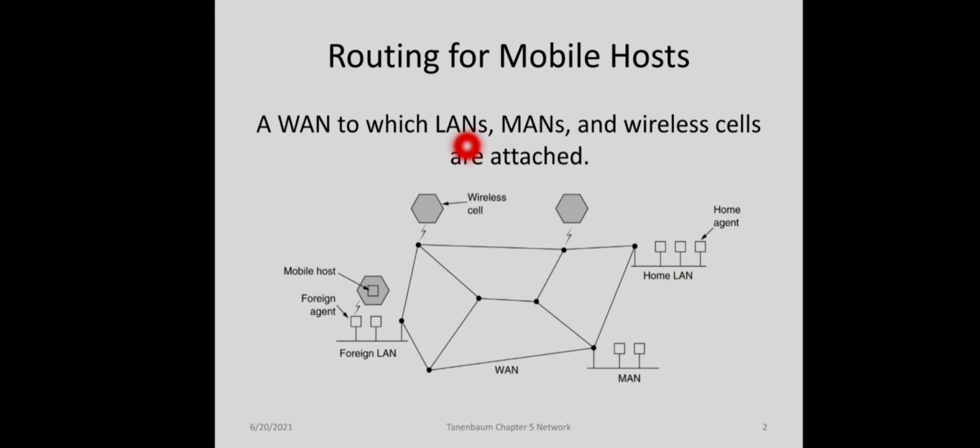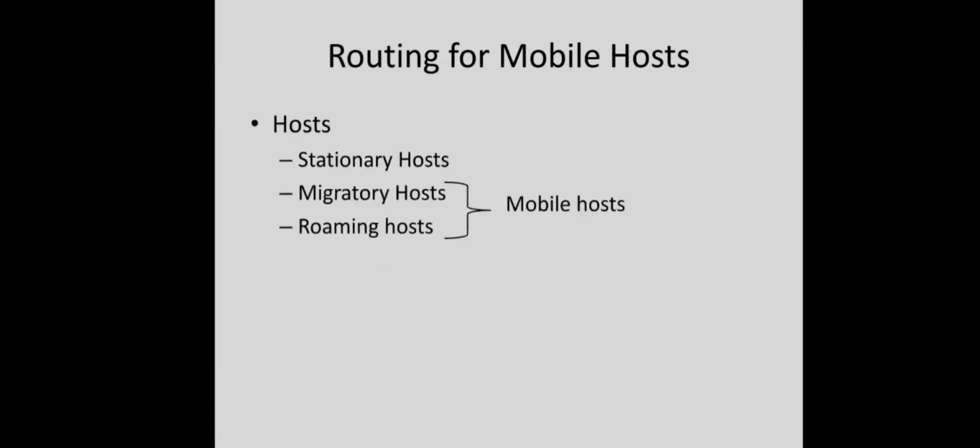The network system will be geographically divided into small units, and these units are usually called areas. Typically, an area will be a LAN or wireless cell, and each area has one or more processes called foreign agents. The foreign agents are processes that keep track of all mobile hosts visiting that area. Every area also has another set of one or more processes called home agents. A home agent is a process that keeps track of hosts whose home is in this area but who are currently visiting some other area. Now let us see how routing for mobile hosts is actually done.